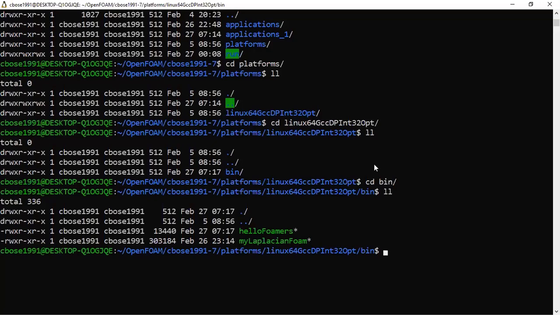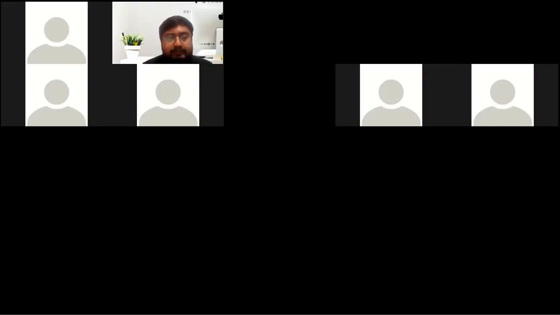To recapitulate, we will first use wclean. Then we will do wmake, which will create an executable in the bin folder of our user directory. So the concept of user directory and where the executable is getting stored, this is clear, right? So don't worry, we will be doing the Laplacian form now together, step by step. There you can compile yourself. Okay. Yeah, thank you. Okay, so quickly going back to my PPT, just to recap this.